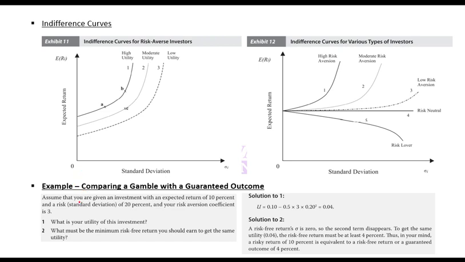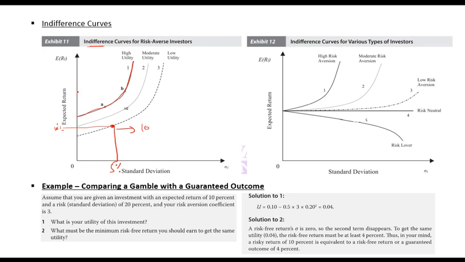Moving on. Again, something based on consumer utility concepts of economics. So what is an indifference curve? An indifference curve is a graph which has the same utility throughout the graph. So for example, if I tell you that an investor gets 10% return with 5% risk, then he will have a utility of, let's say, 10 or whatever.